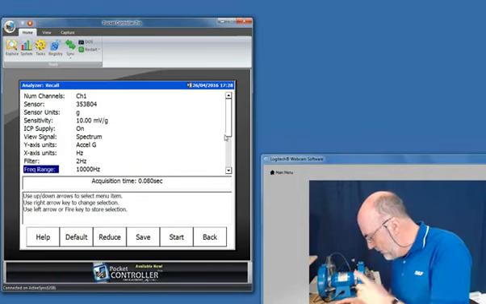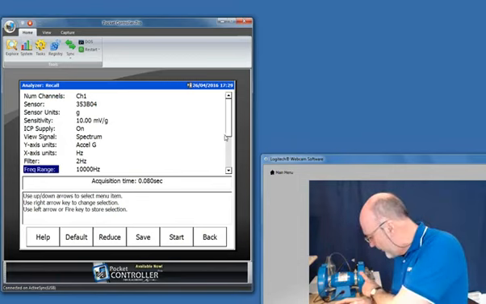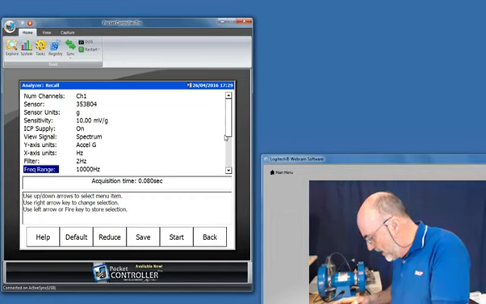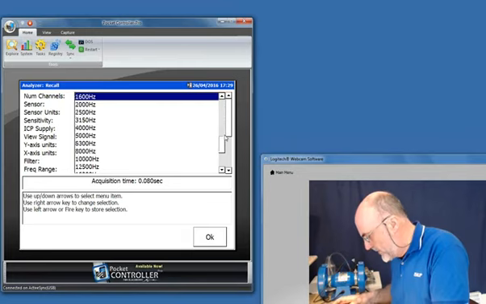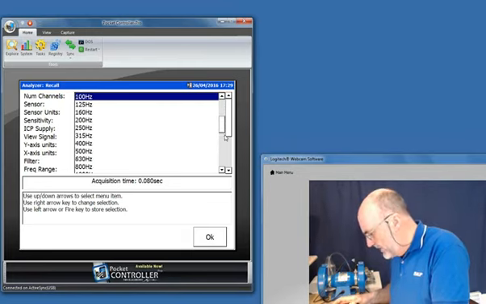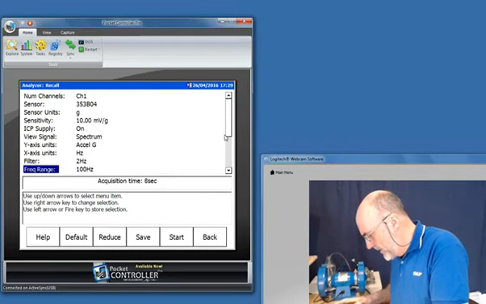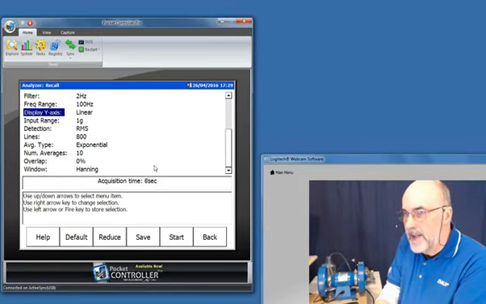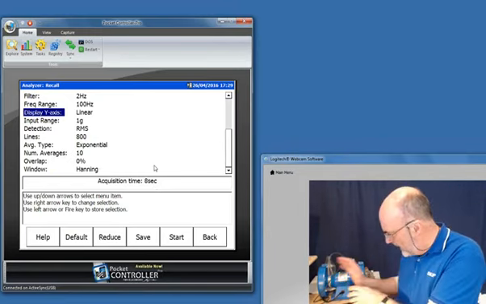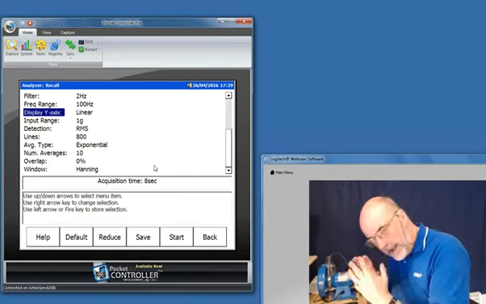Now I'm going to run down. This machine runs at 3,000 revolutions per minute, so 10,000 hertz is not relevant. We need a 100 hertz frequency range for this demonstration. At the moment, you can see here that the acquisition time is 8 seconds, and the machine takes 40 seconds to run down. So we're going to get smearing.